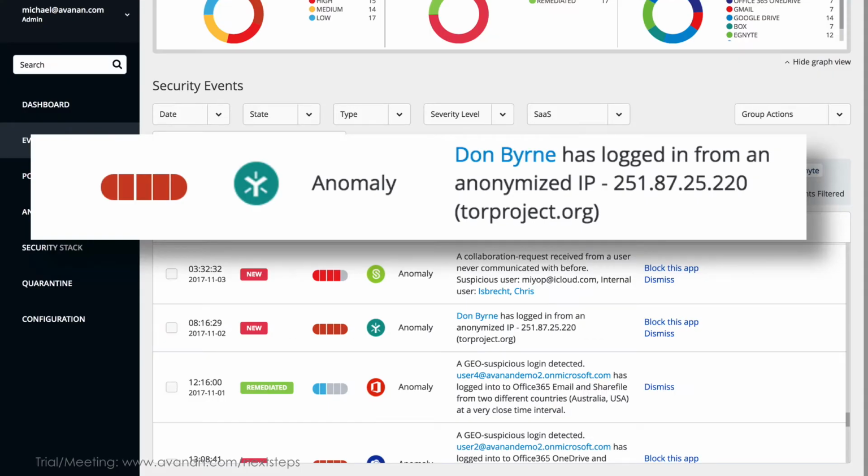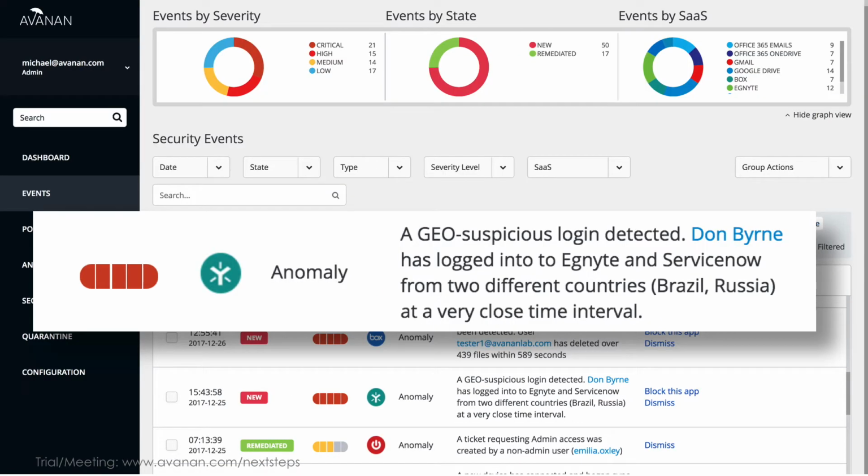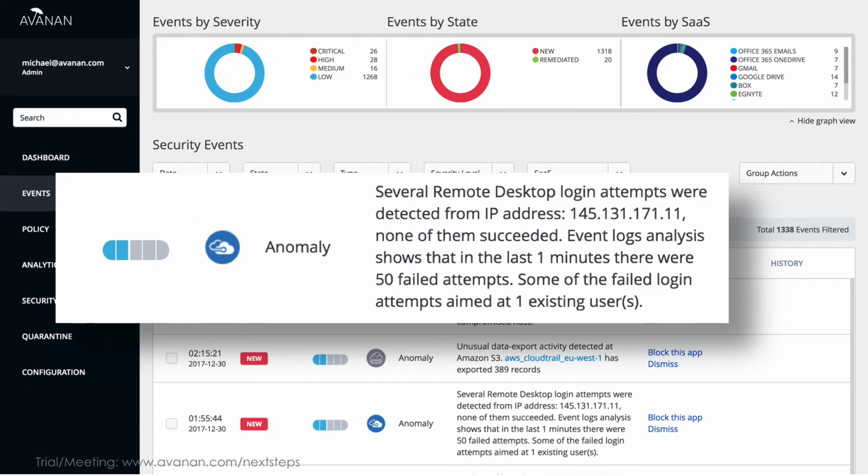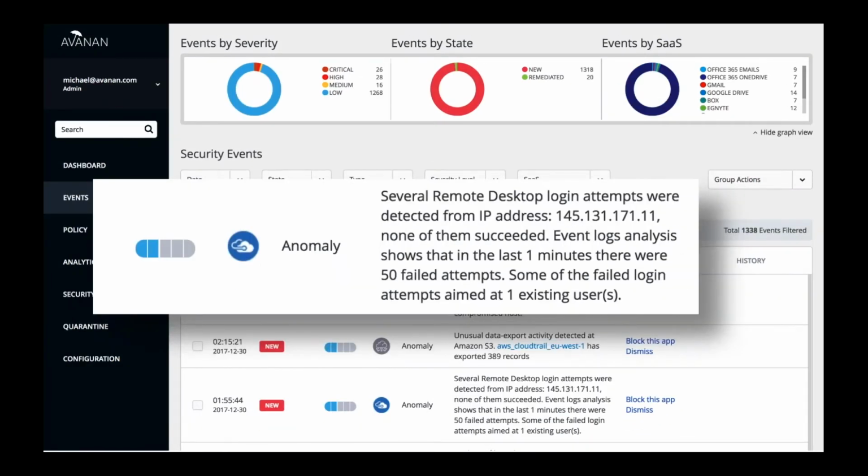time. So, for example, in this case, we detected someone using Tor to access Ignite, while sometimes we can detect a Superman anomaly where someone is logging into two different SaaS applications from two different parts of the world. We also detect remote desktop login attempts if you're using Azure or AWS. So in this case, we detected an unknown IP that we've never seen before attempting to brute force into a machine using RDP. That kind of goes into our infrastructure as a service, but it just circles back around the geography and the device information that we get from the event.